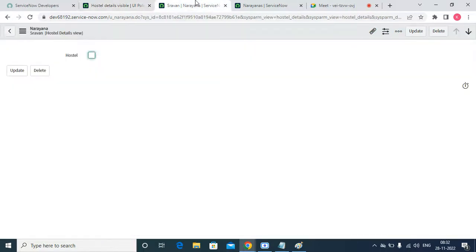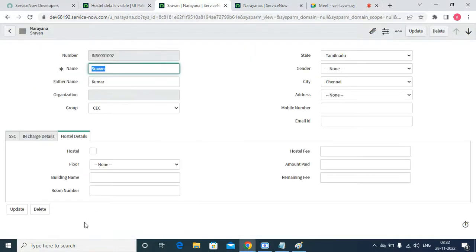So here we have executed it in the one view. Right now I'm going to the default view. See, in the default view it was visible. When I mark it as true, it does not become mandatory and visible. It is not going to be mandatory. But if I go to the